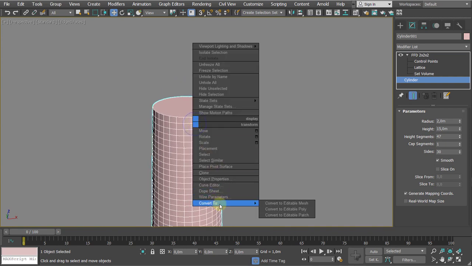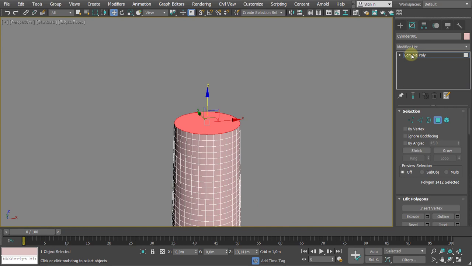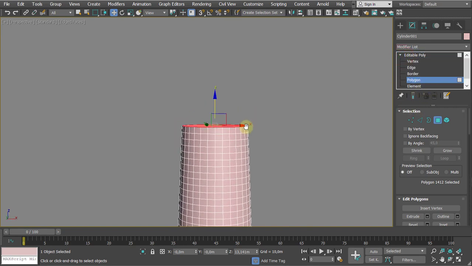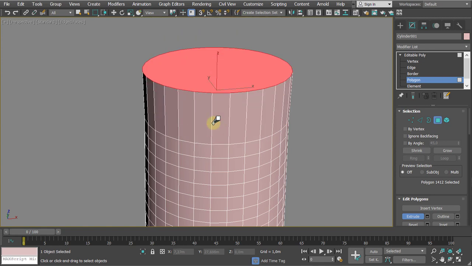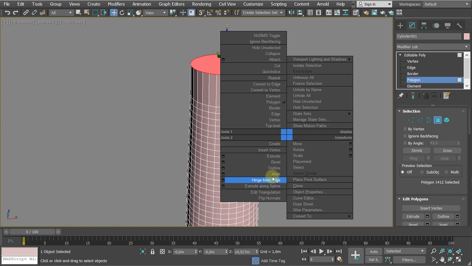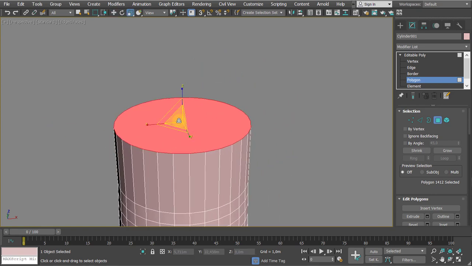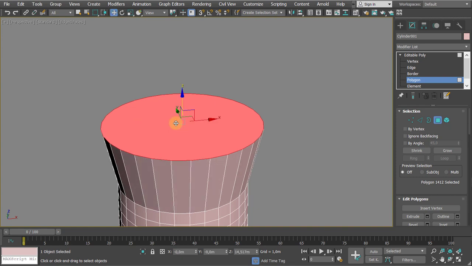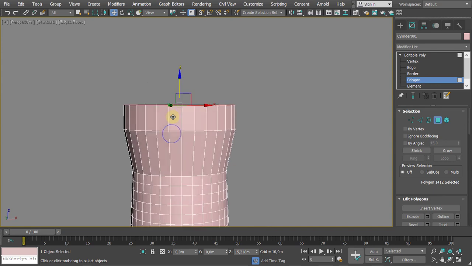Okay, right, so we're converting this to an editable poly and pressing 4 to enter the polygon sub-object level, and Shift E to switch to extrusion. So here we go, extrusion, or right-click and extrude. Shift E is the fastest way. Let me switch to scale mode, increase it, Shift E again, extrude it a bit, so now we have a